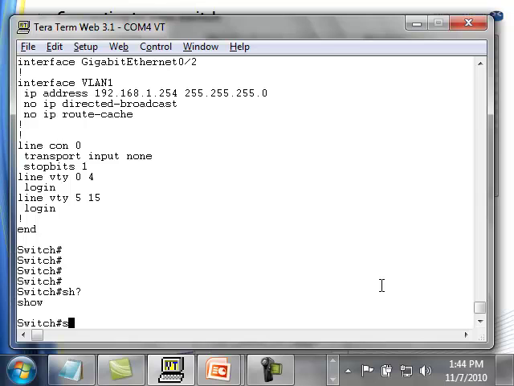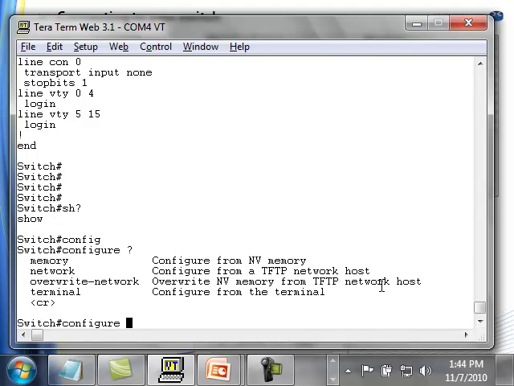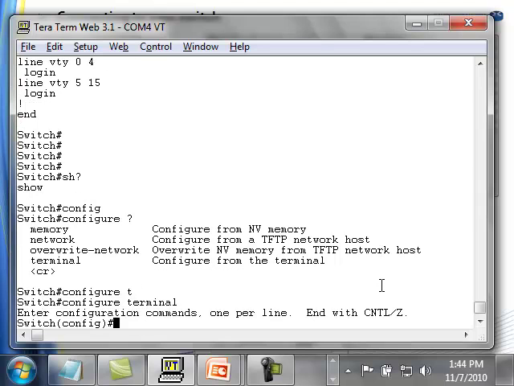To configure our switch, we actually have to go into the configuration mode. And we go into configuration mode by typing configure. And if I do a question mark, here are some different ways that we can configure. We can do configure from memory, configure over the network, configure terminal, or just configure. Now, configure terminal is what we want, and that's the most common, because right now we're on the terminal, we're on the console. So I can just hit T, or I can hit terminal, and then I hit enter, and notice